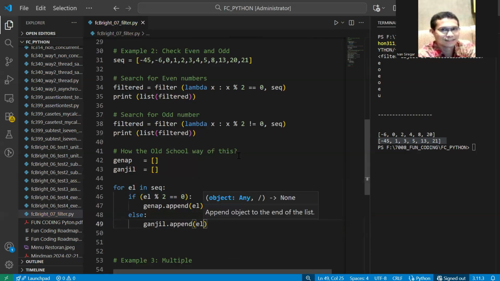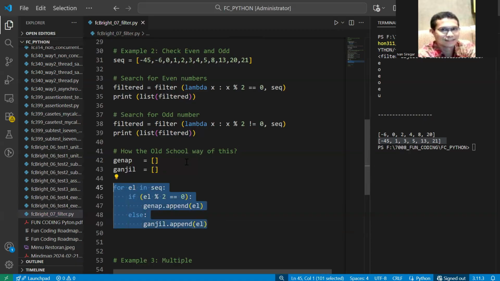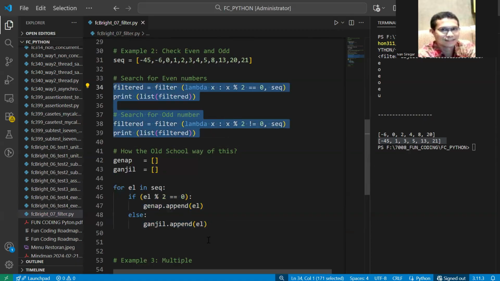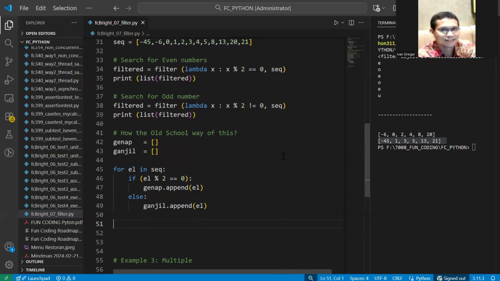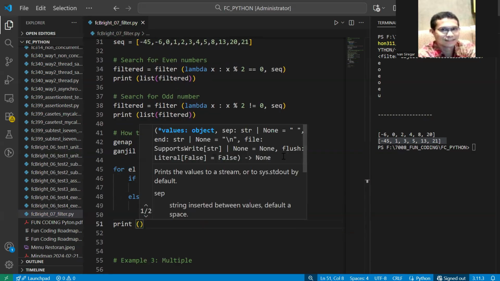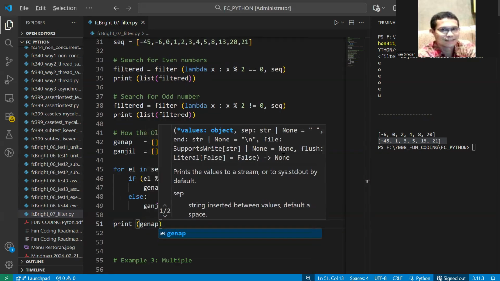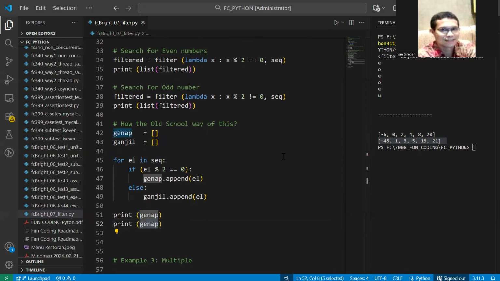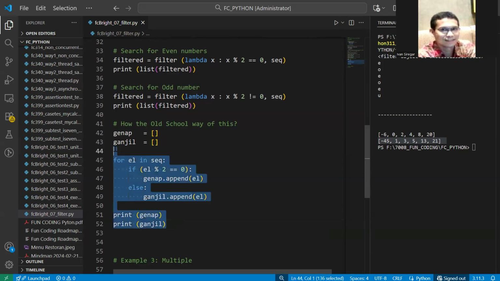However, whether you choose doing it this way or using filter, both have the same result, but this is another perspective of programming. So in here you can print genap, then you can print ganjil. So that's all. This is the old school way of doing that.